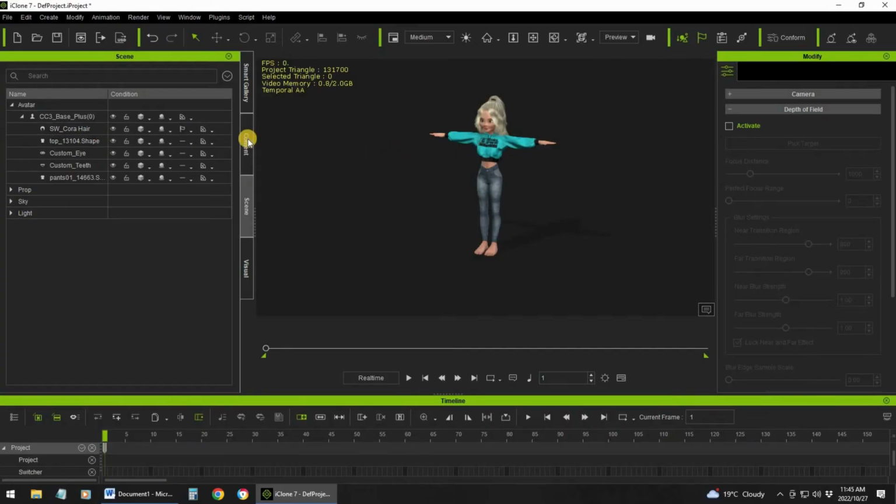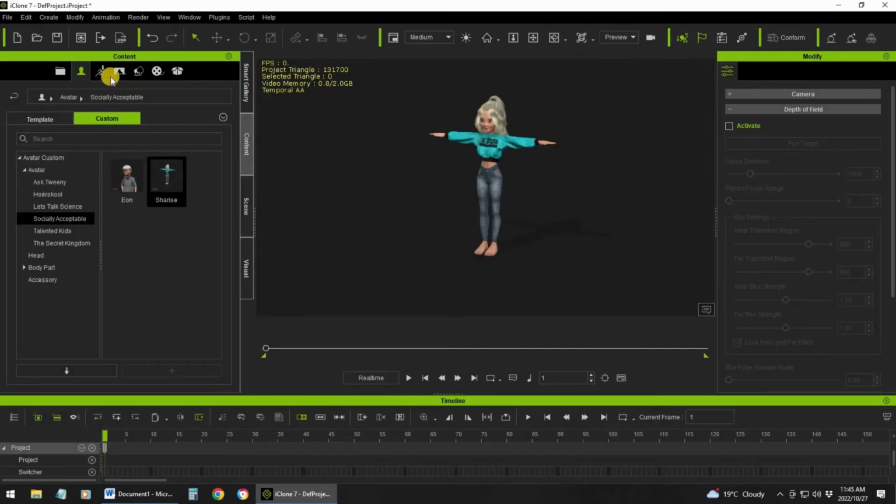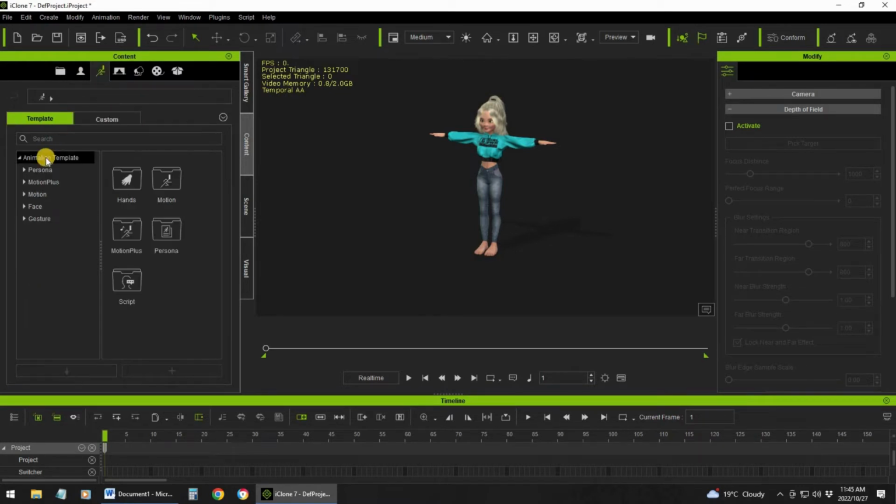And here's one thing that I really like about iClone. If you've never animated before, you upload your character, you can go to content, you can go to motions. Let's click on motion here, and let's find cartoon motion, perform, and let's say emotion.